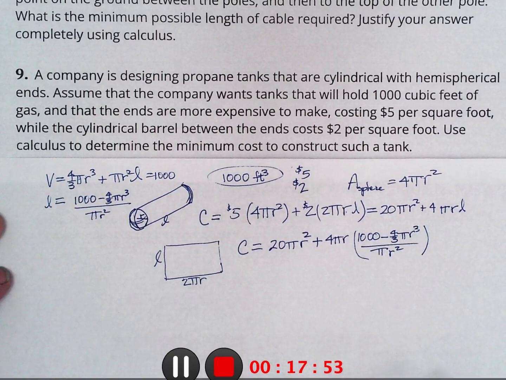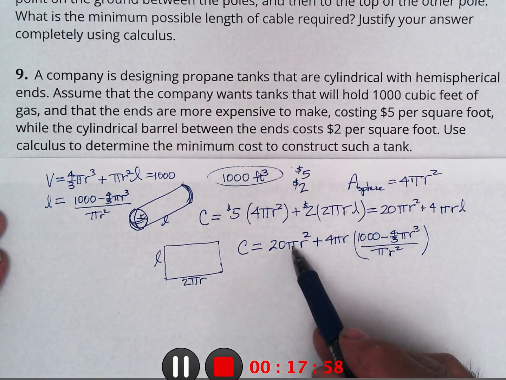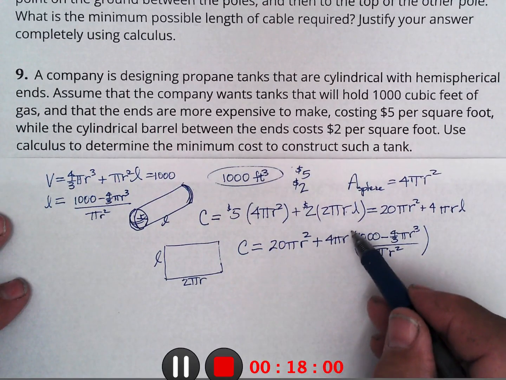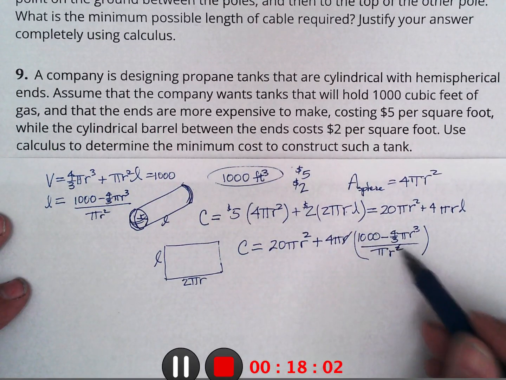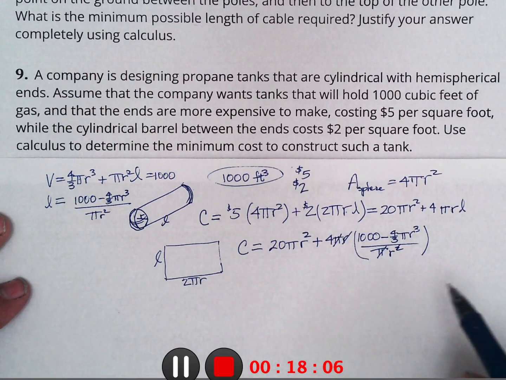Well, let's see if I can simplify this part a little bit. Derivative of that would be easy. This part, this r would cancel one of these r's. This pi would cancel the pi. And so I'm going to get